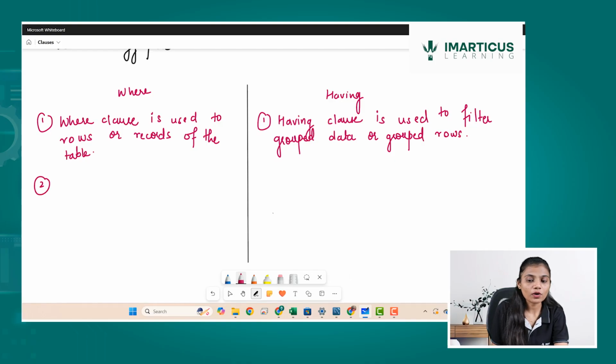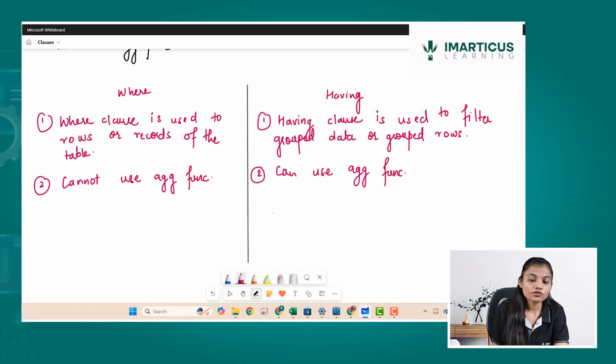Now, the where clause cannot use an aggregate function in order to filter the result set. The having clause can use aggregate functions, which are sum, min, max, and so on.